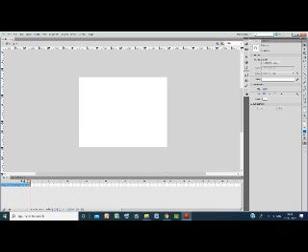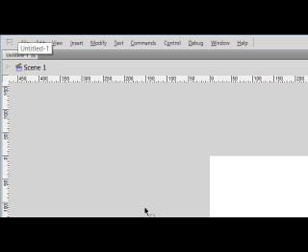Okay children, now we can see various parts of this Flash window. What are they? Menu bar, toolbox, property inspector, stage, then timeline. We will see the description of these parts one by one. First we will see the menu bar.